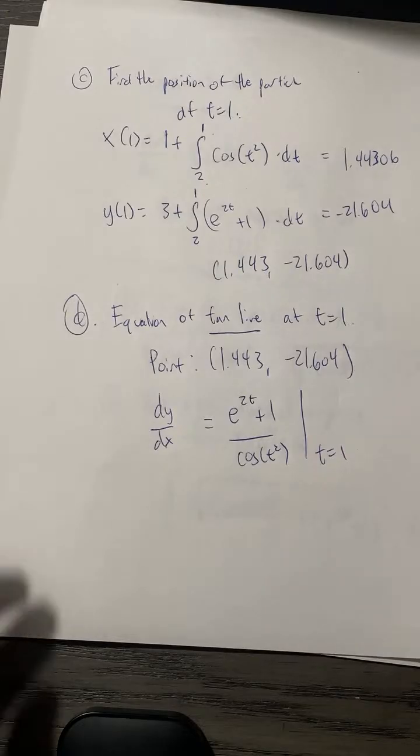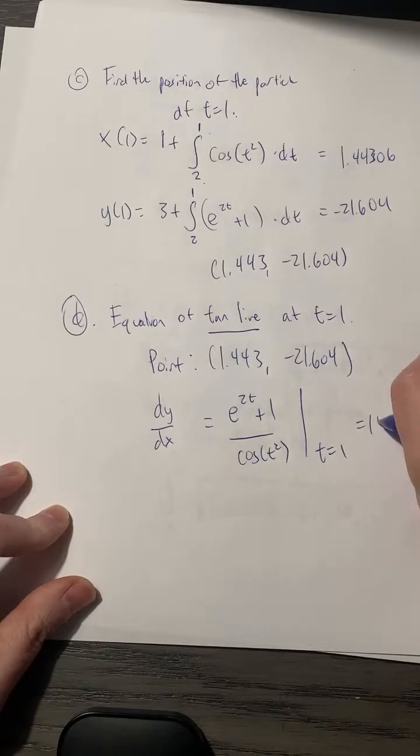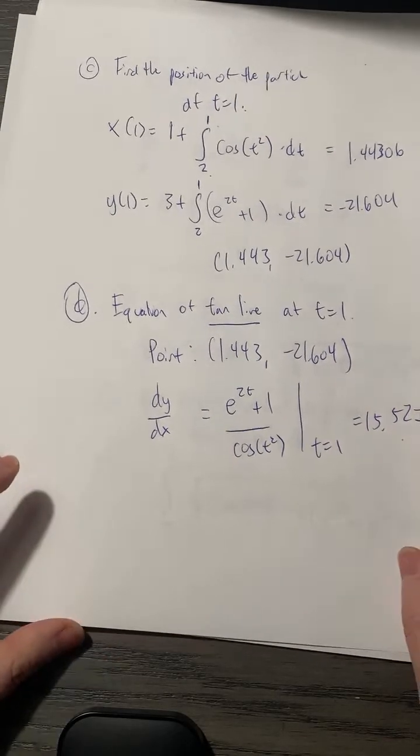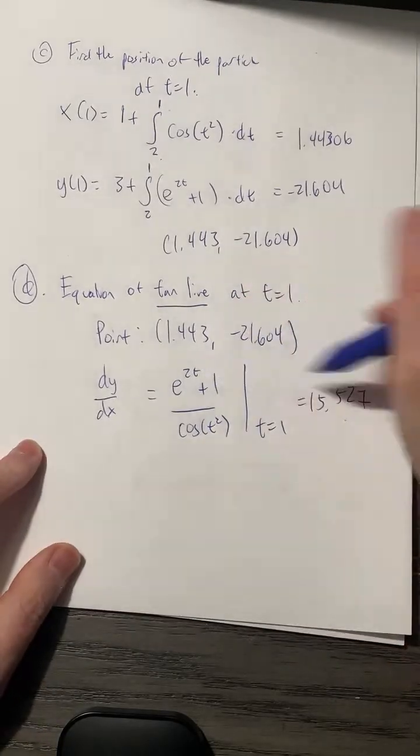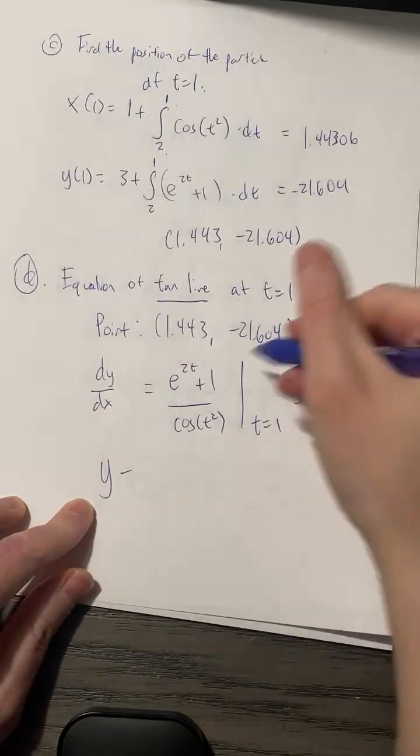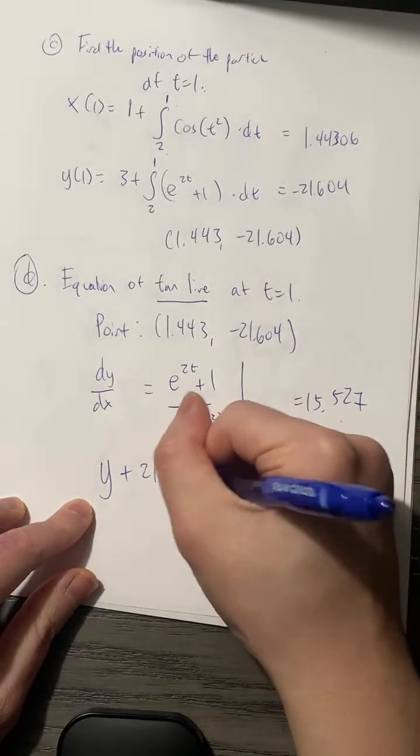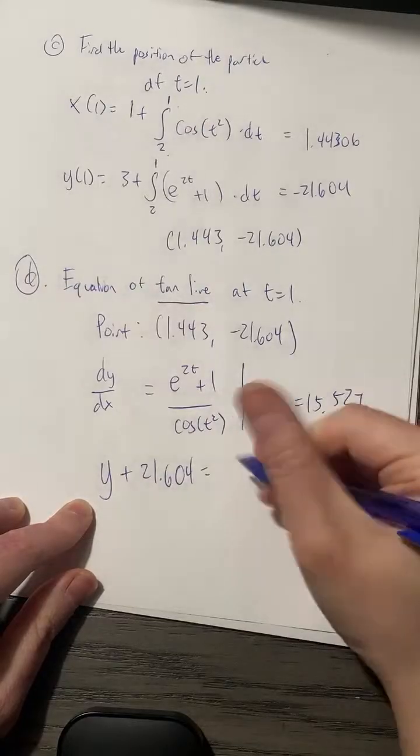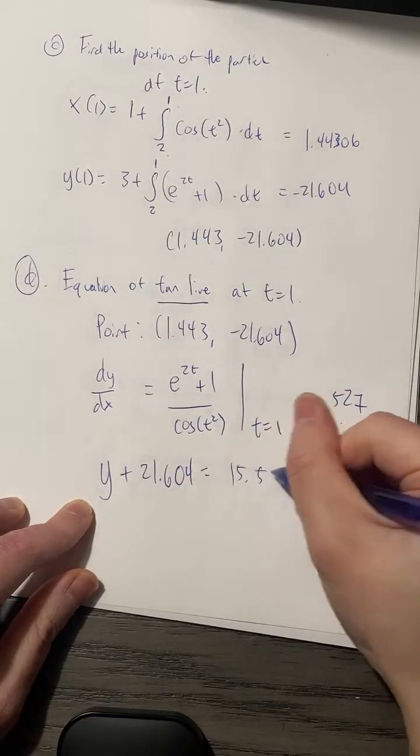15.526 or something. 527. So hopefully this makes sense. We have the point and we have the slope, so I like to write my answer in point slope form. y minus the y coordinate, so it's going to be plus in this case, equals slope times,